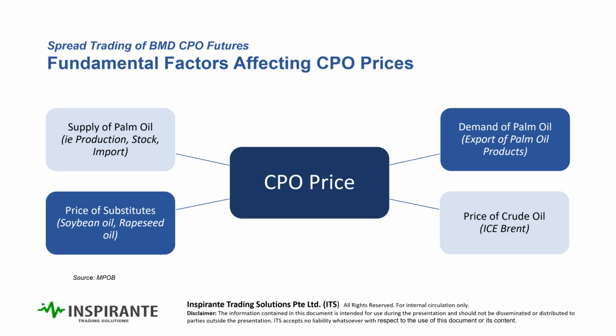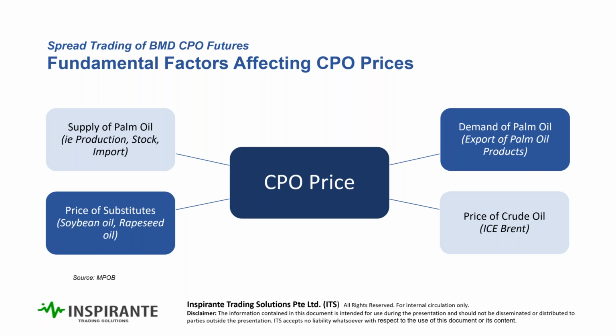Now very briefly, CPO, like every other agriculture product, is basically influenced by both demand side and supply side dynamics. We'll start with the supply side. When we talk about supply, we're talking about production. Basically, Malaysia and Indonesia, for those of you who are less informed, form the bulk of the world's production and supply of palm oil. And in terms of production, we will talk about inventory, how much stock is being held at this particular time, and how much we import, which is a smaller number. And obviously, government policy in terms of levy and whatnot will also affect the production and willingness of the producer to produce more or less,